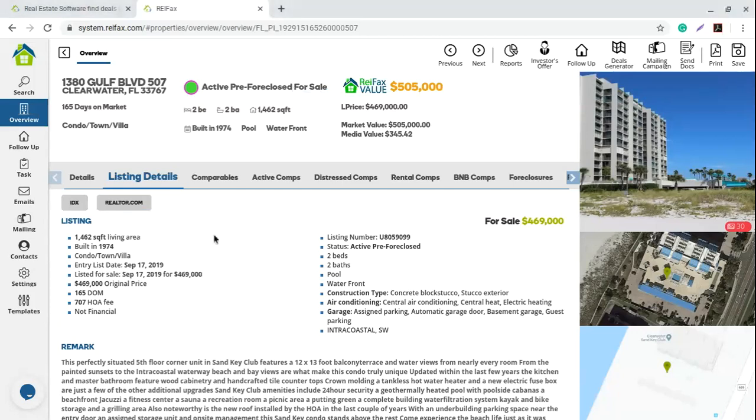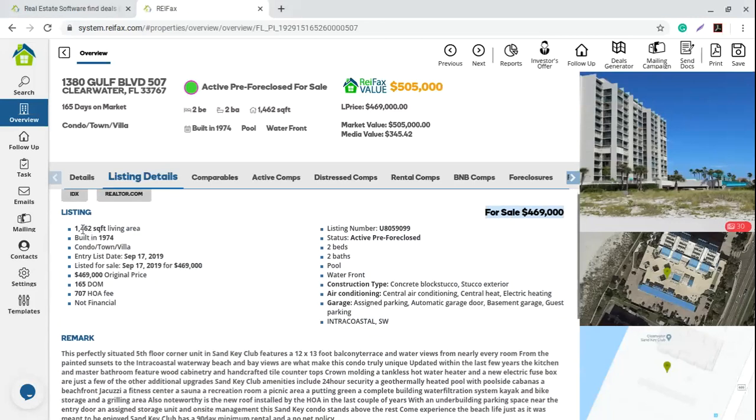So right here on the listing details, first of all, you will see these two links that I will show you at the end: the IDX link and the realtor.com link. They will show you the information that is here below. First of all, you will see the listing information and the listing price right here at the top. So the listing information will contain